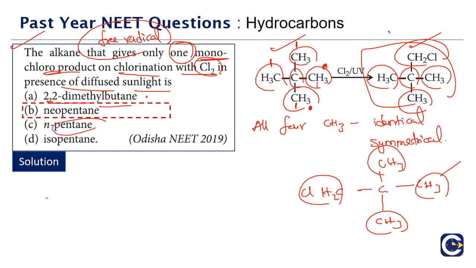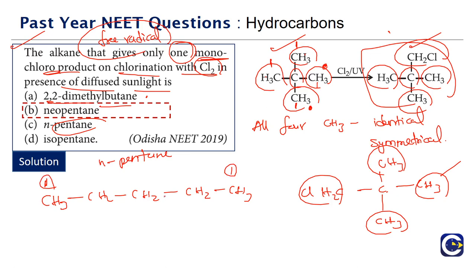C is what? N-pentane. N-pentane means CH3, CH2, 5 carbon straight chain, correct. Now I am going to mark the identical carbons. Look at this one, I'll give them number 1. These two are identical, because from here this is the first carbon, and from that side it is also the first carbon. I'll number them 2 and 2. These two are also identical. This is a different one, 3. So in the case of N-pentane, we will get 3 different monochlorination products.